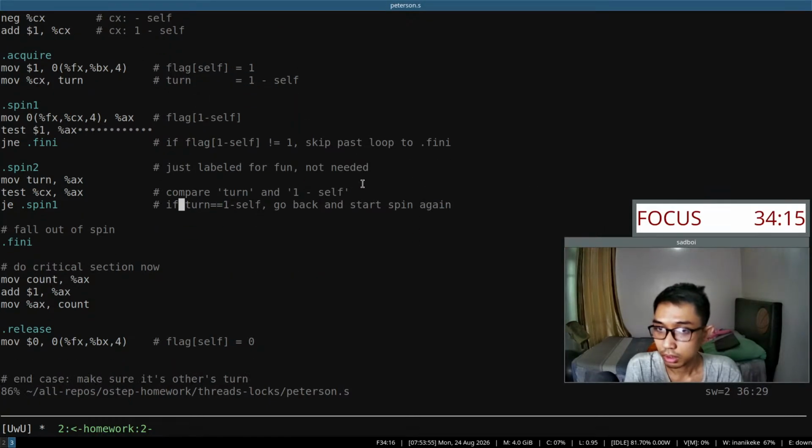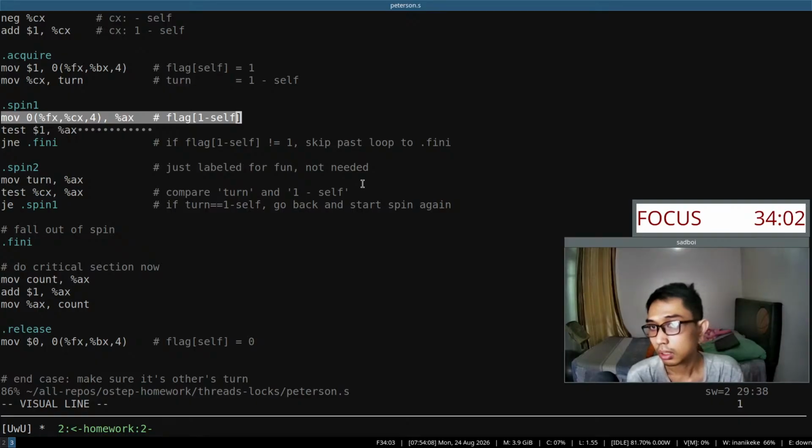So if the ticket number here is the same, right? We are spinning again, going back to this one. Maybe, but then